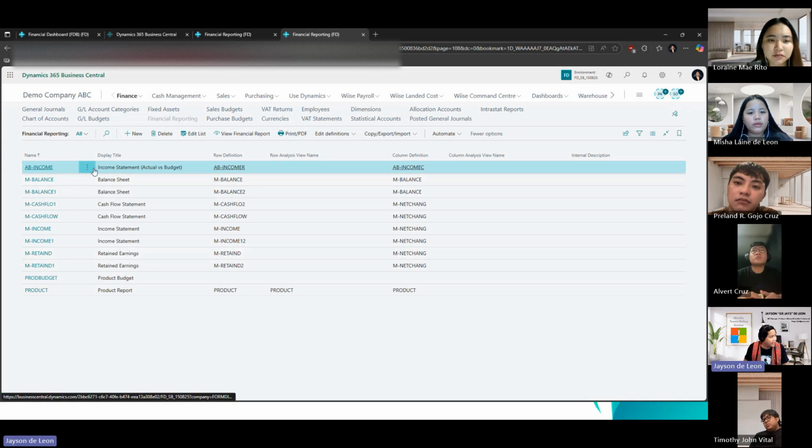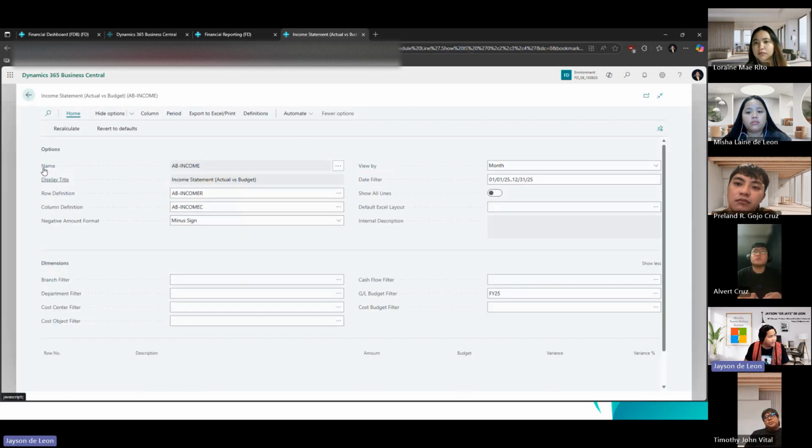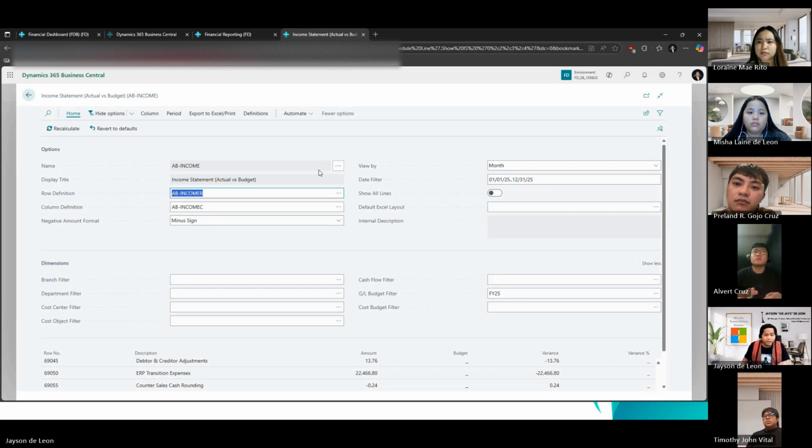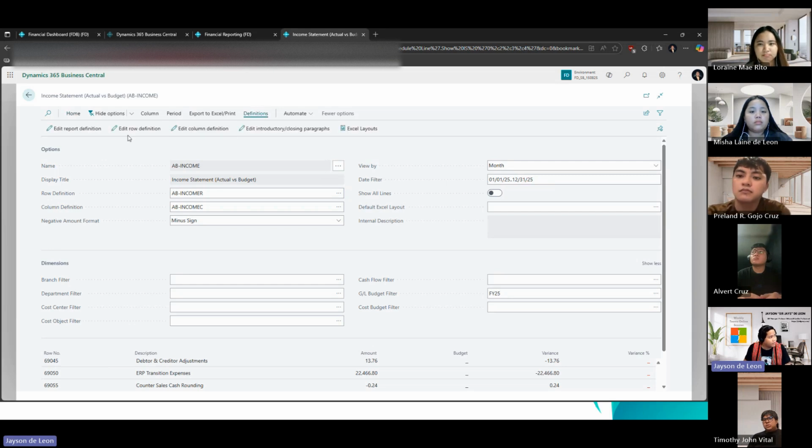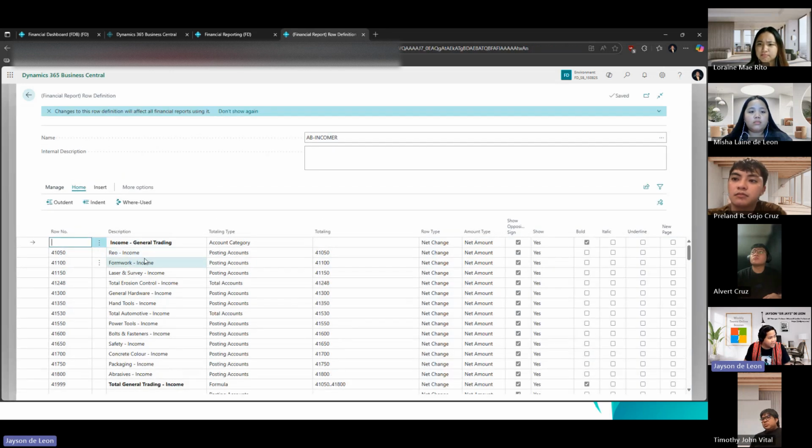I have here an income statement actual versus budget. Let me just click this one. To define the rows and the columns of the report, we need first to define the row definition. So when I click edit row definition, I can see here the account.